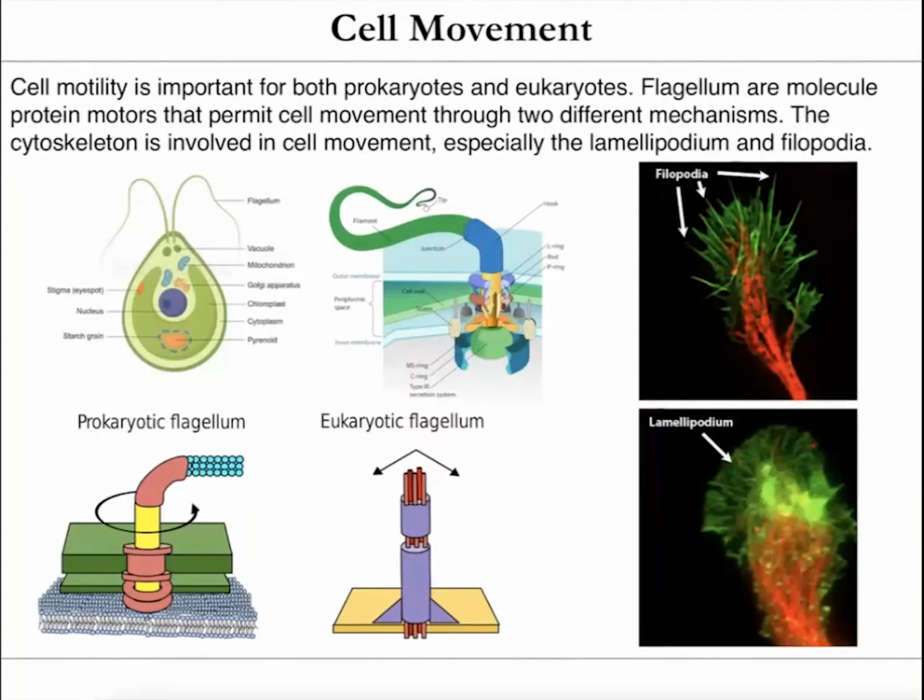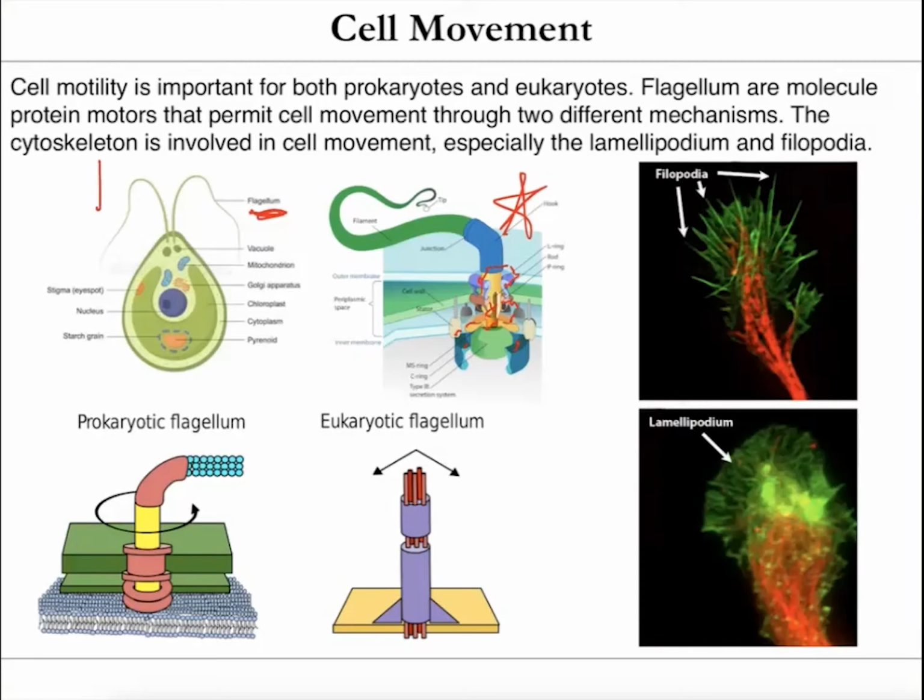And somewhat related to the cytoskeleton is the ability for cells to move. So a lot of different cells require basically motility. So they have to actually physically move around the environment. And through evolutionary history, different cells have evolved many different ways to actually move throughout their environment. So the flagella is a really common way that cells can move. And so this is actually just like a molecular motor. So if you look at this picture right here, there's all these different proteins that are interacting the outside of the cell and inside of the cell to actually make something that can actually move, and it's powered by ATP.